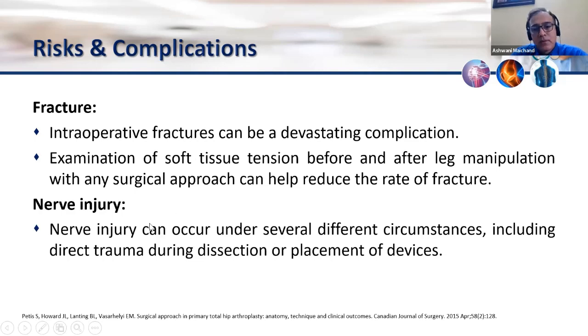Nerve injuries, especially in posterior approach. You can see some foot drops off and on, but with an experienced surgeon, this is a rarity, very uncommon. You should be careful when you are doing a revision surgery, because sciatic nerve sometimes gets into the fibrosis, which is lying just posterior to your hip, and you are not able to differentiate where the nerve starts and where it ends. So you should be very careful in the revision surgery. So start dissecting from distal to proximal, so that you identify the area which you are not supposed to enter.